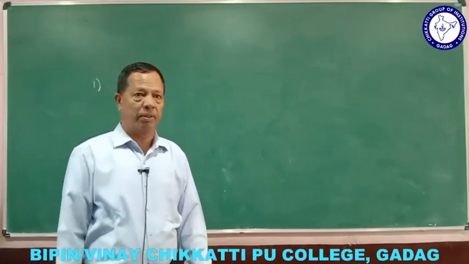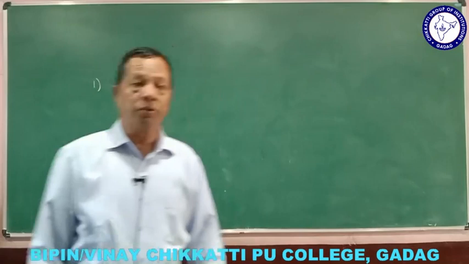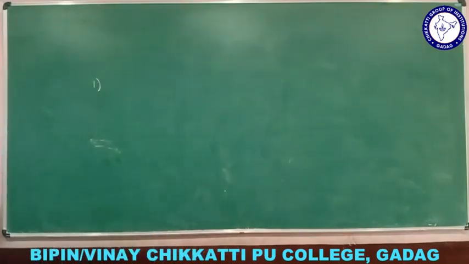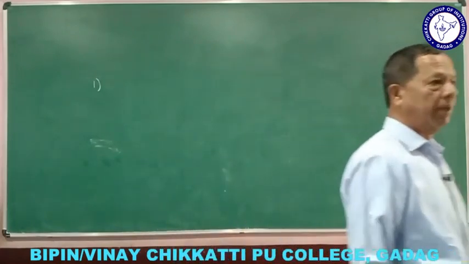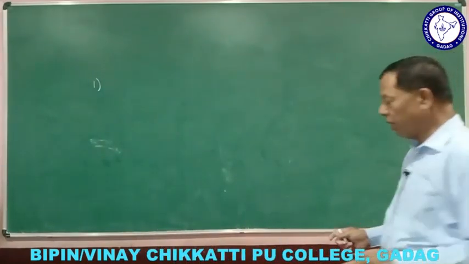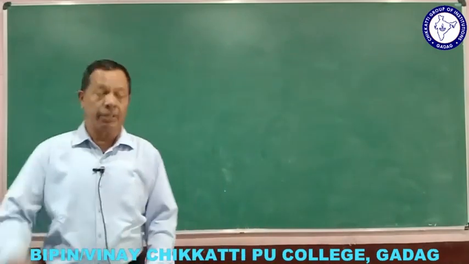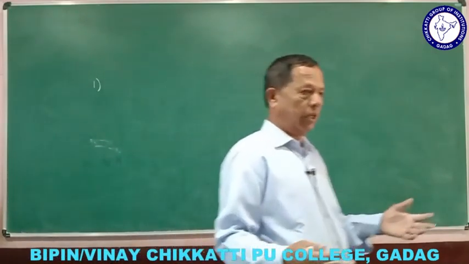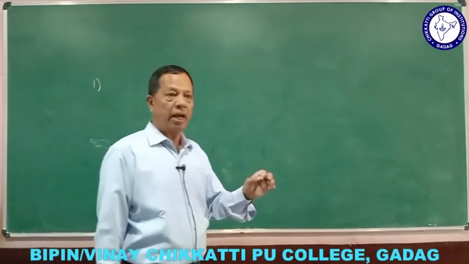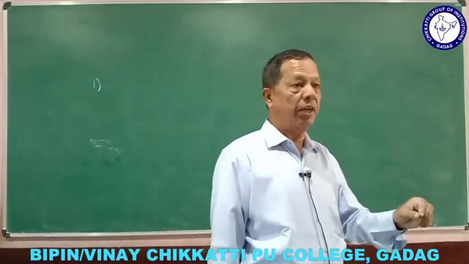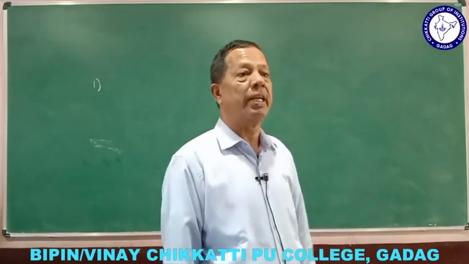So what is the first property? What is the second property? What is the third property? The first property, you have to write here, and that can be understood easily. How can that be proved here? The value of the determinant cannot be changed if the rows and columns are interchanged. In the examination they may ask, see, the question is for 2 marks, because they never ask for 3 marks or 5 marks: Prove that the value of the determinant is unchanged when the rows and columns are interchanged.